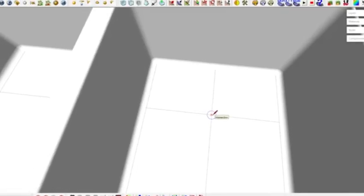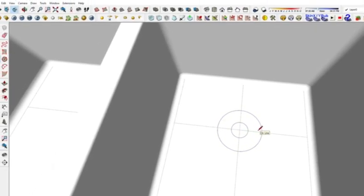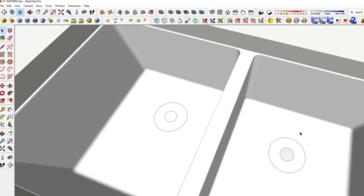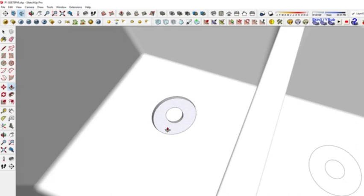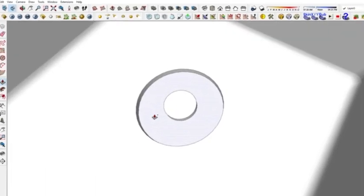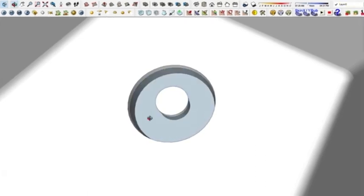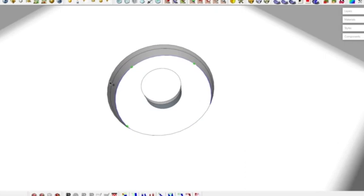So we'll take our 40-sided circle and drag this out 0.75, and then say 2 inches, and just make sure that these faces are separate from the rest of the sink. And we'll just push this down, say 1/4 of an inch. Then we want to push this down another 0.5 under that. We'll now delete this face and control push it so that we can have those faces be separate, and then